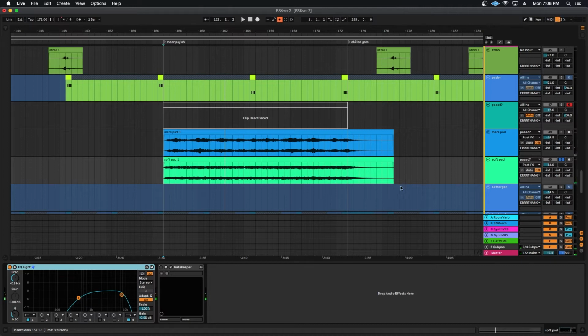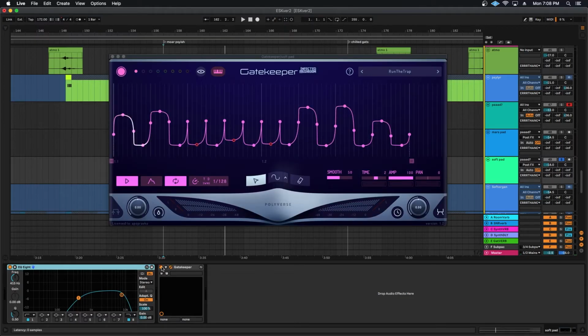So it's EQ'd to blend in with the other one. But the other thing that's going on here is this Gatekeeper plugin, which in this case is acting as a gate, so it's only letting in some of the sound. So without it, silky smooth, and with it, and then layered with the other pad,